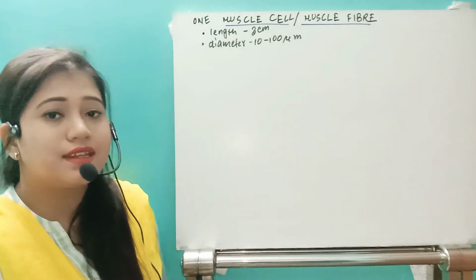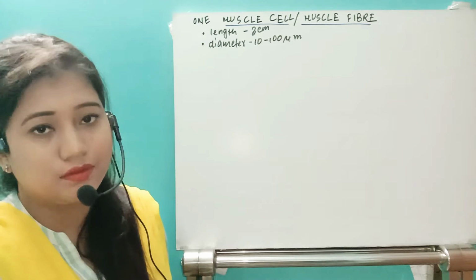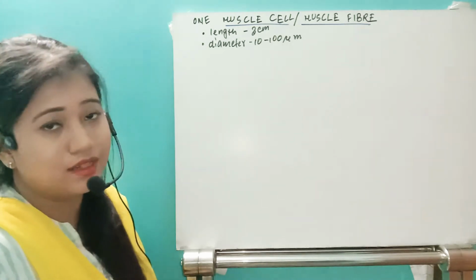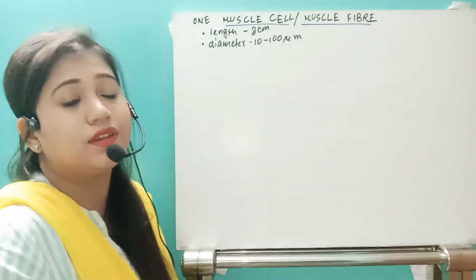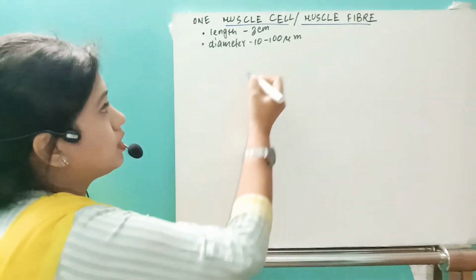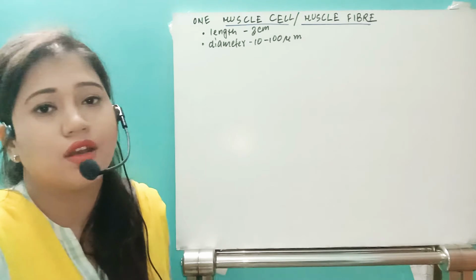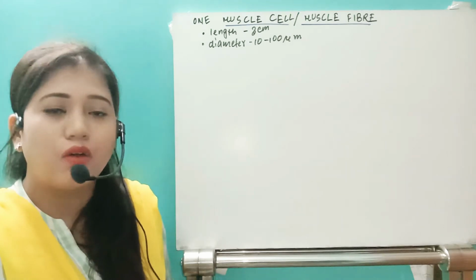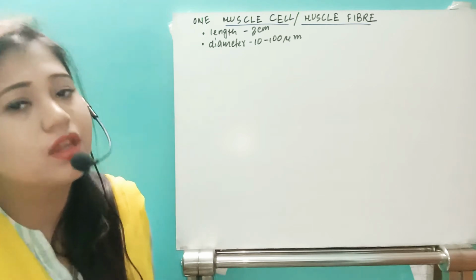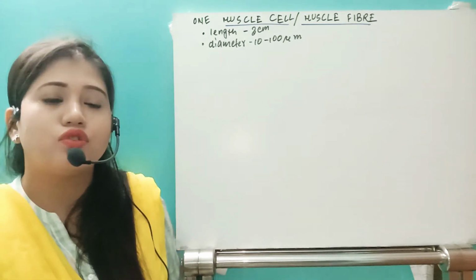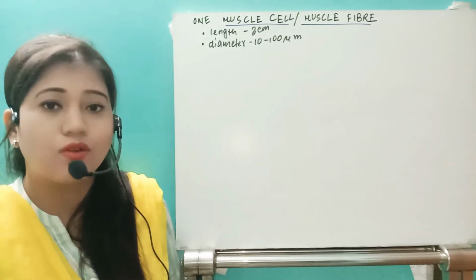What is the length and diameter of one muscle fiber? It is around 3 centimeters in length, and the diameter can vary from 10 to 100 micrometers. Now let's see that one muscle fiber will include different cell organelles